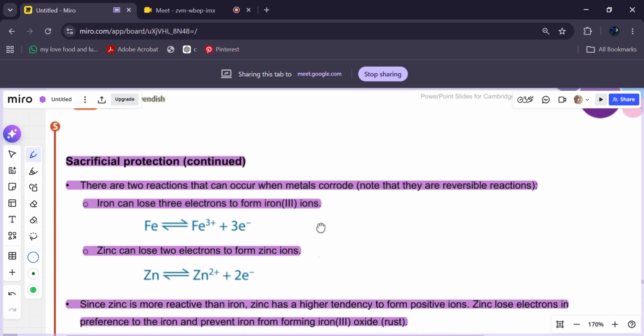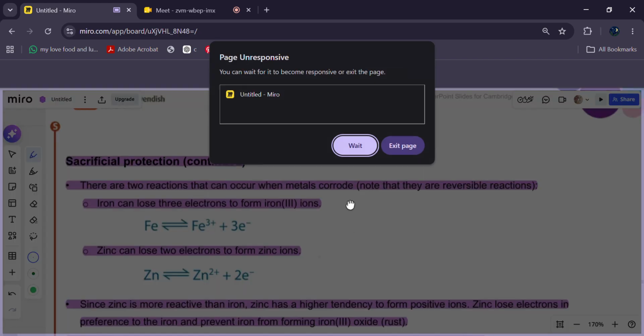Now here are the formulas. As you can see, iron loses 3 electrons to form iron(III) ions, but zinc loses 2 electrons to form zinc ions. And since zinc is